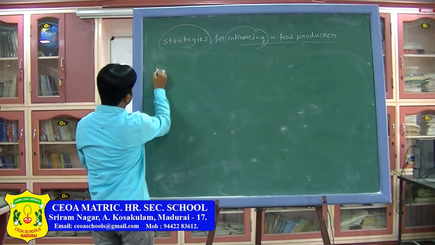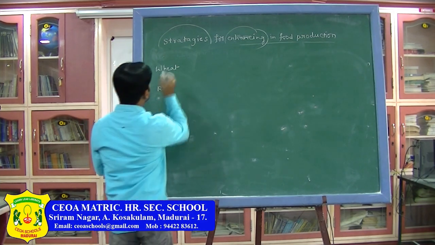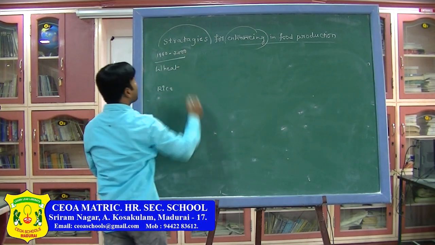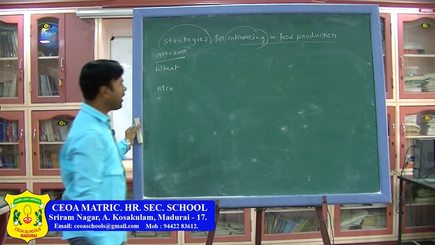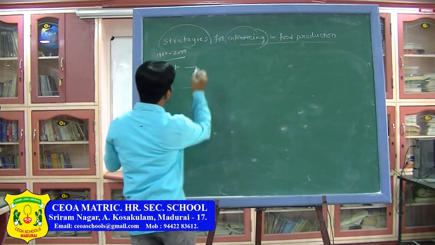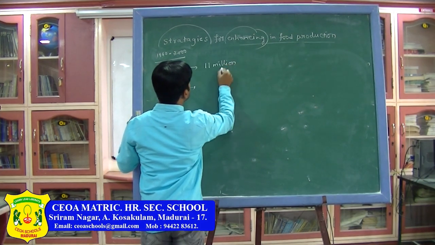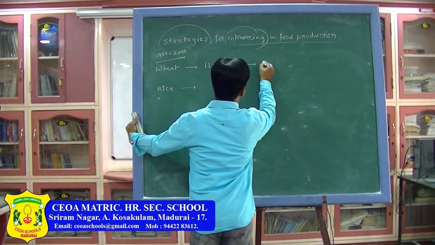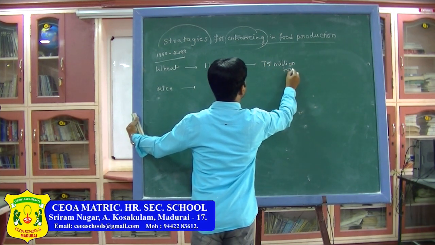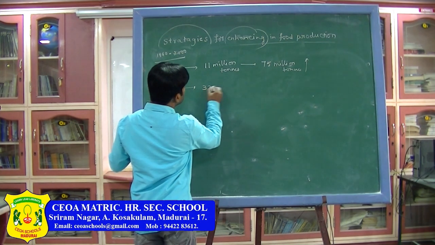Here, first one I am writing wheat. Next I am writing here rice. So the duration between 1960 to 2000, in these 4 decades of time, there was enormous improvement of food grains production. So wheat, if you take the wheat, that is 11 million tons to 75 million tons increased. Whereas rice, if you take 33 million